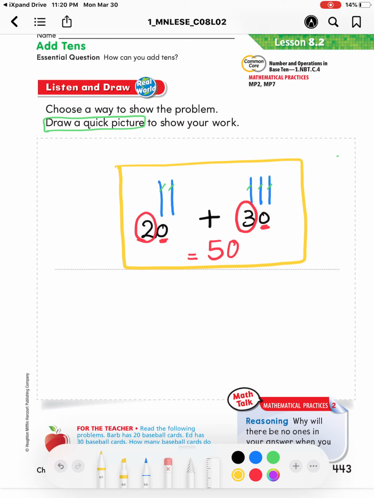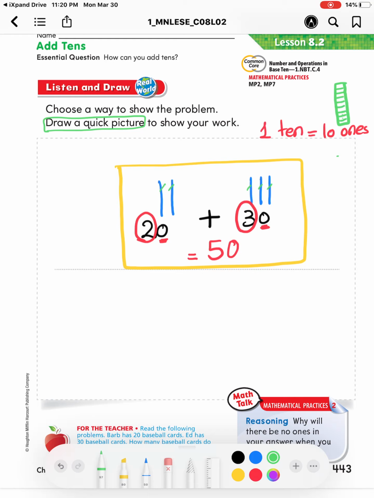Do you remember when we said inside the class that 1 ten equals 10 ones? Do you remember this? And we used it to draw it like this because the tens like this: 1, 2, 3, 4, 5, 6,